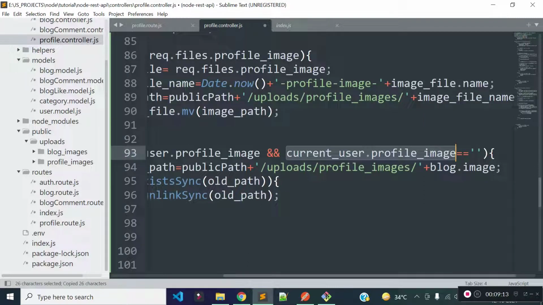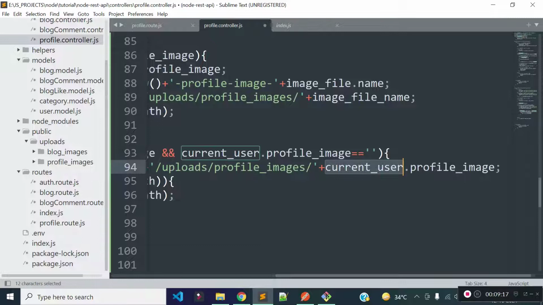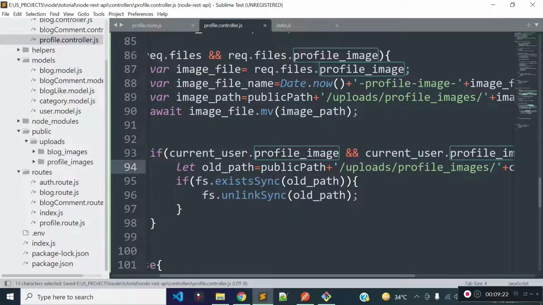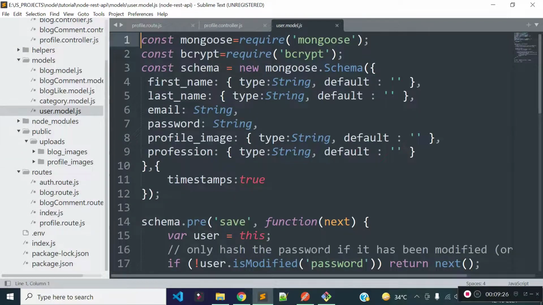So instead of blog.image, I will provide current underscore user dot profile underscore image. If you remember, we created a new field inside our user model, and the field name is profile underscore image, and we will store the image name to this profile underscore image field.